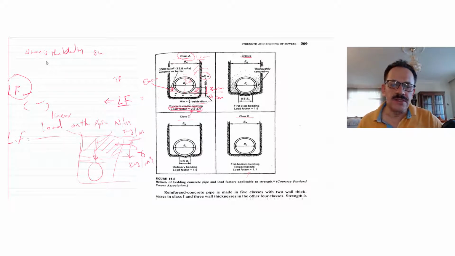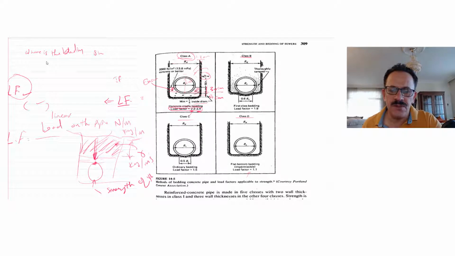It means how much is the density of the raw material, the filling material that will act on this pipe up to this crown. So I will multiply this gamma by the area of the trench, then it will give me how much load will act on this pipe per 1 meter length of this pipe. This is 1. Divide, and this should be divided by what? How much is the strength, the strength of this pipe, of this sewer.